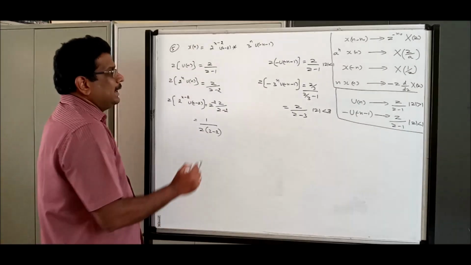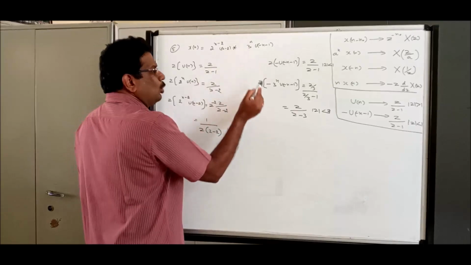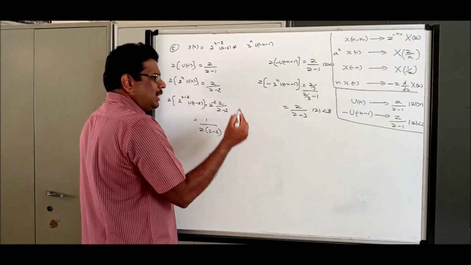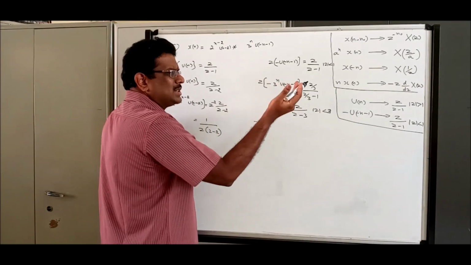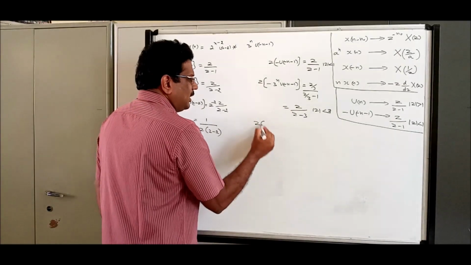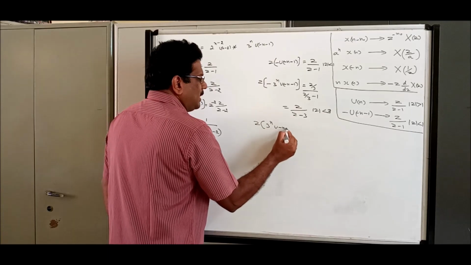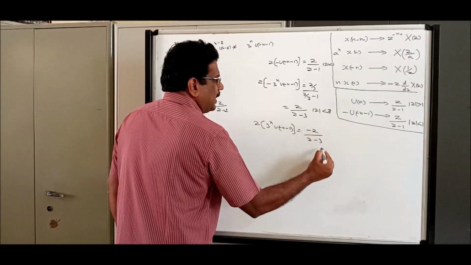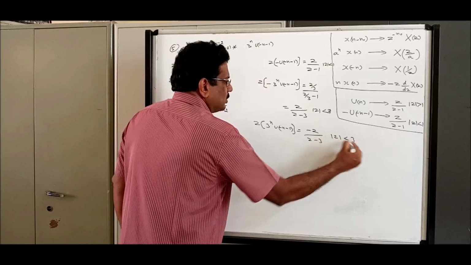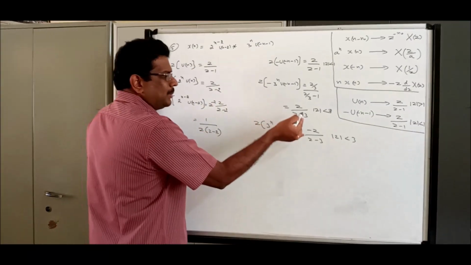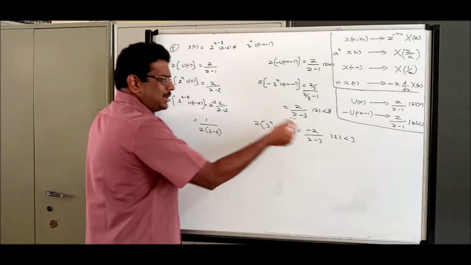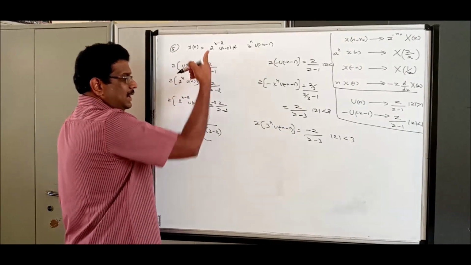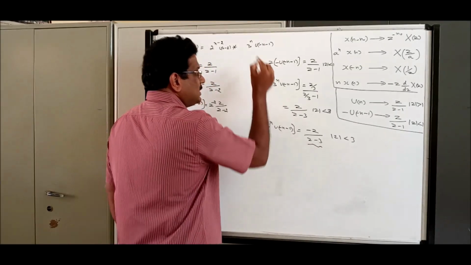Now, in the given problem, do you have minus? No. But identify the minus. I don't have another issue. You can just multiply both sides by minus. It is just a constant. 3 power n u of minus n minus 1 will be minus z divided by z minus 3. It doesn't affect ours. See, here minus, here plus. If you want to multiply both, here plus, there minus. That's it. This answer is for this side, this answer is for this side.